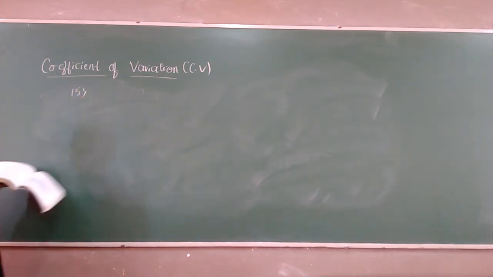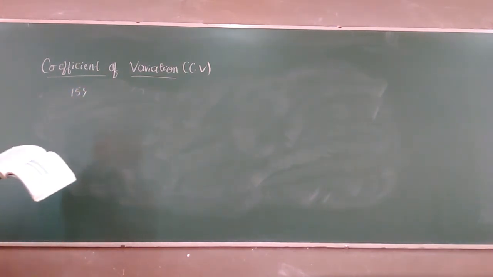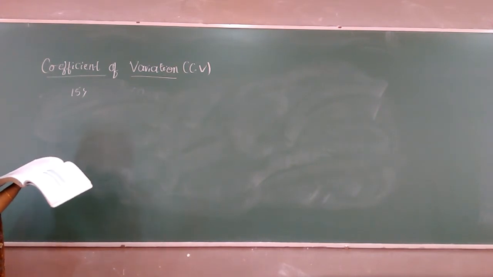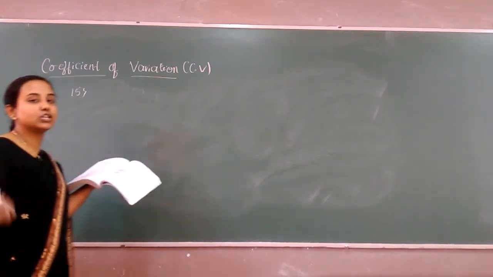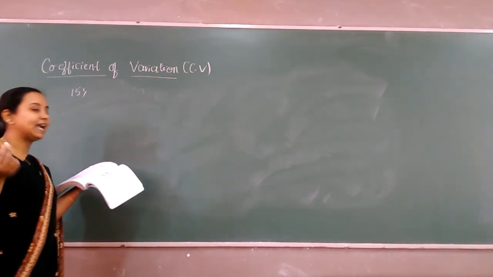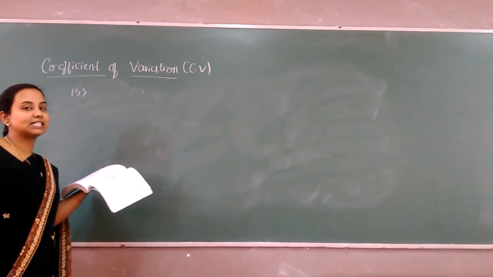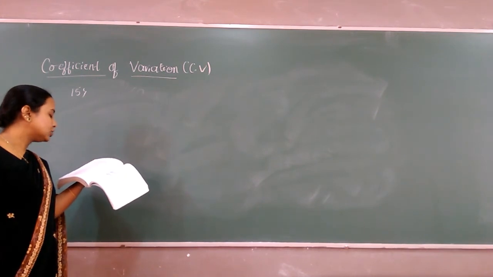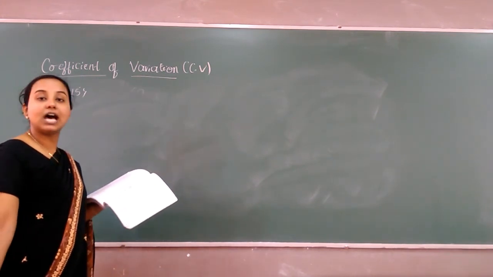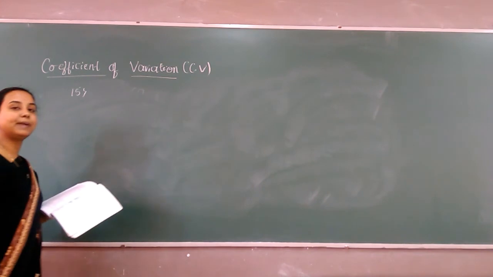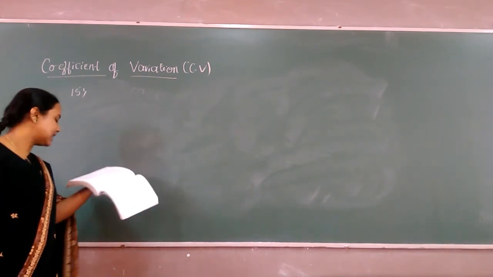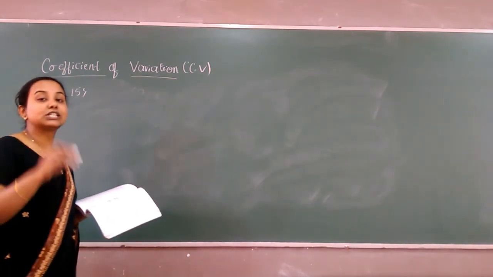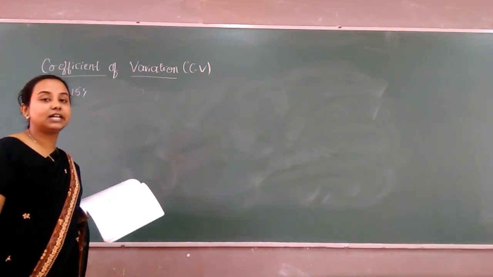So what is given in example 15? The following values are calculated in respect of heights and weights of the students of a section of class 11. You can imagine your own section, that is, in your section the height and weight of a few students has been considered. Can we say that the weights show greater variation than the heights? So they are asking us to compare weight and height.